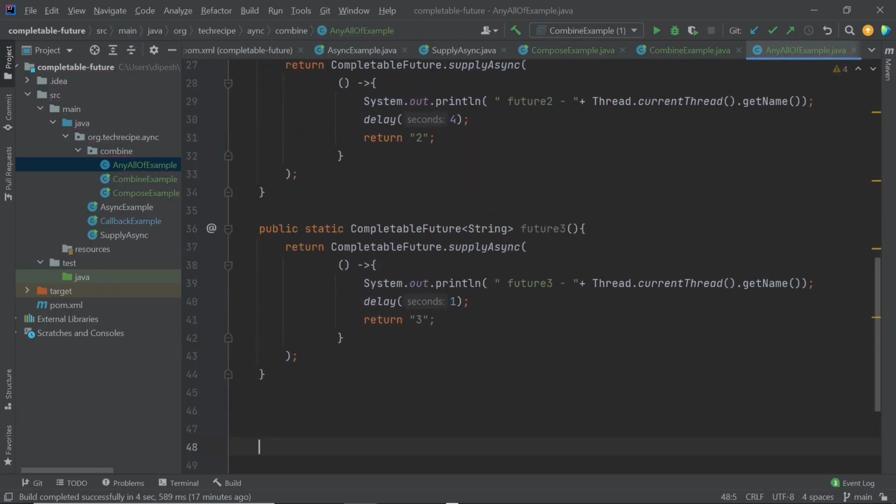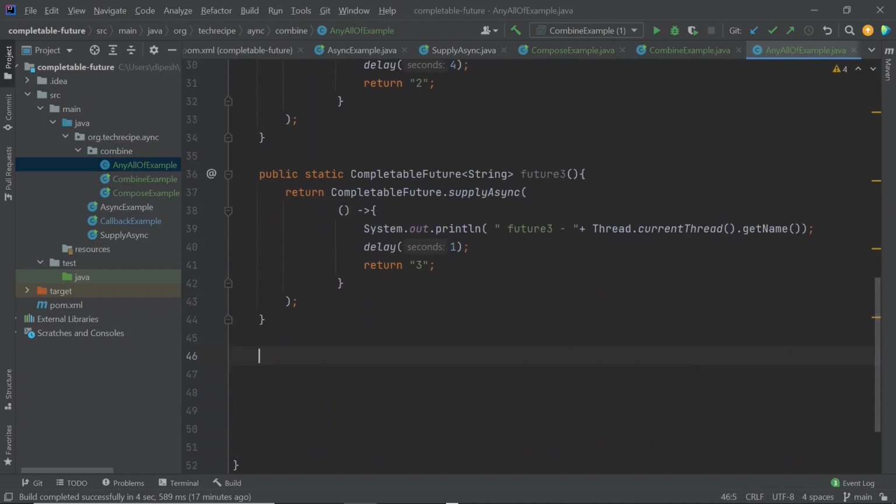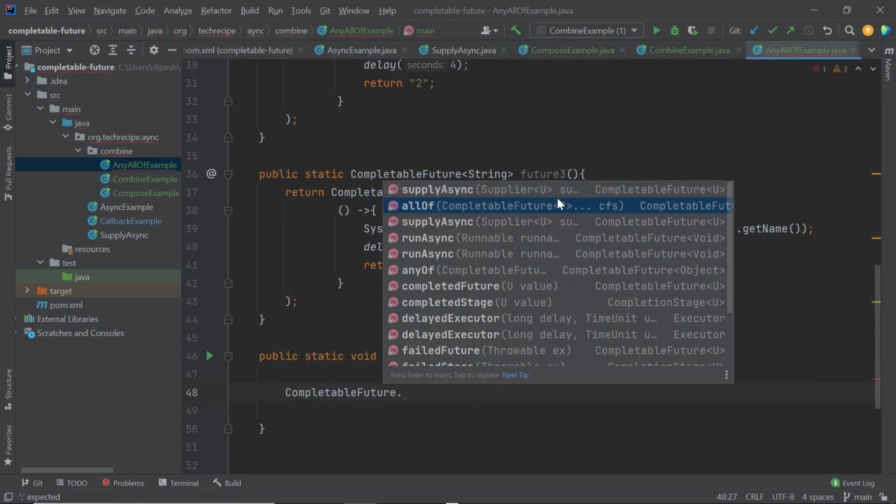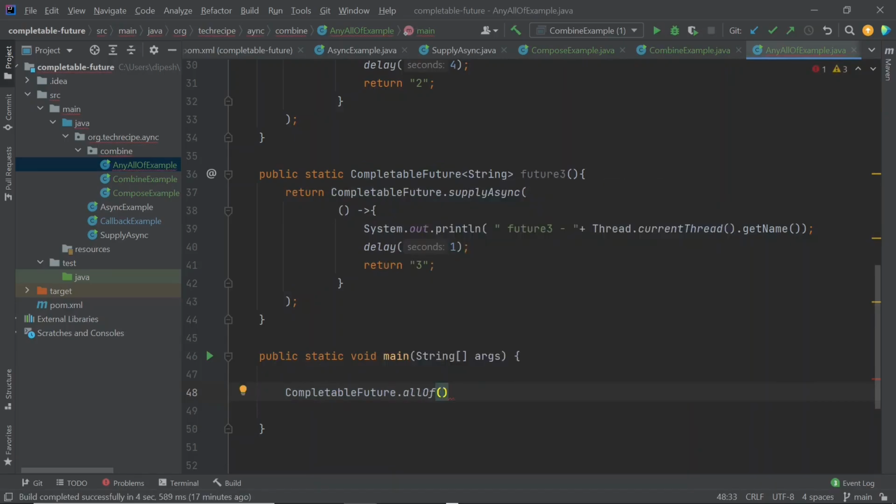Okay, now in the main method, we are going to use CompletableFuture.allOf, and allOf can take multiple futures. So we will pass future 1, future 2, future 3.